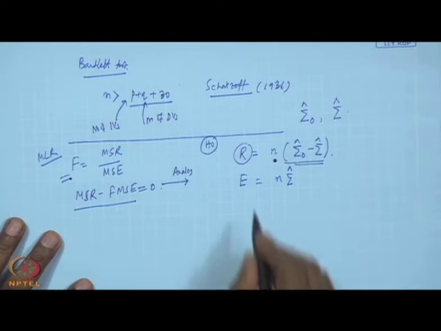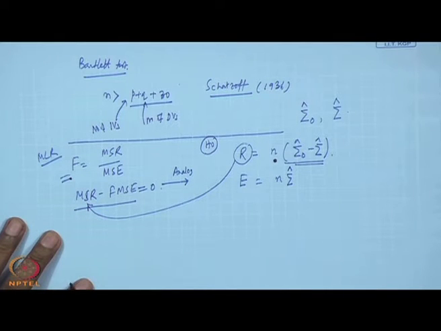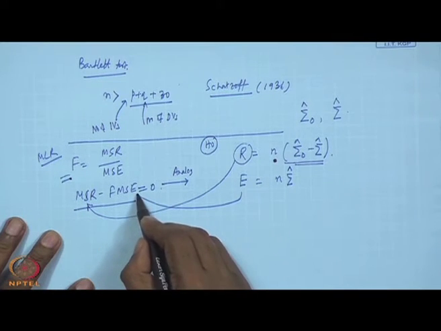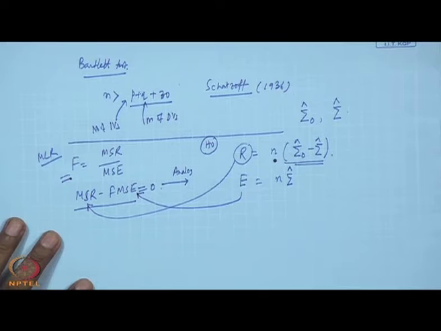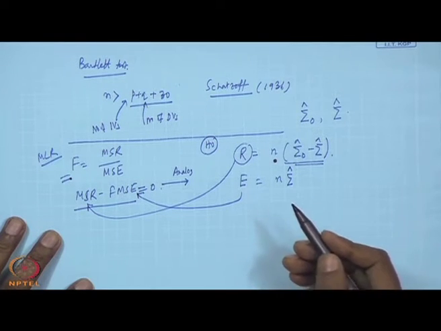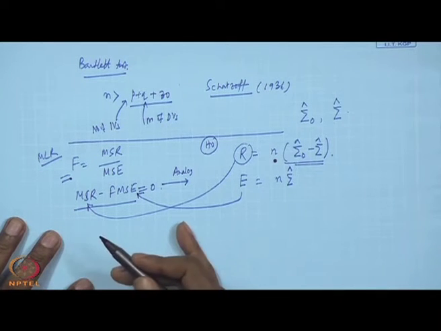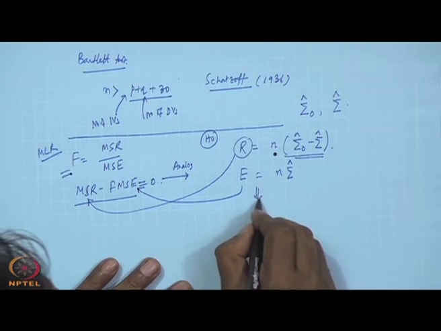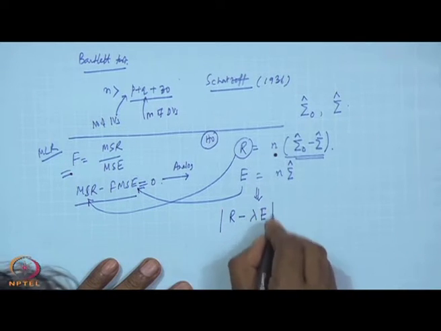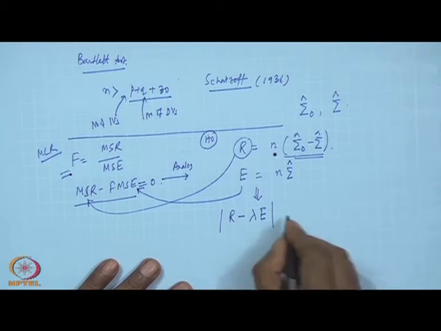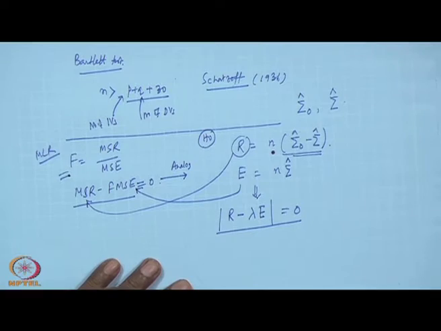Getting me? Now, if I create like this, now what is happening? This R can be similar to MSR, and E can be similar to MSE. But as they are in the matrix domain, they are equivalents in terms of your scalar domain; you have to take the determinant. So that is why statisticians have developed that if you take this determinant equal to 0, then you will get very interesting roots, characteristics.